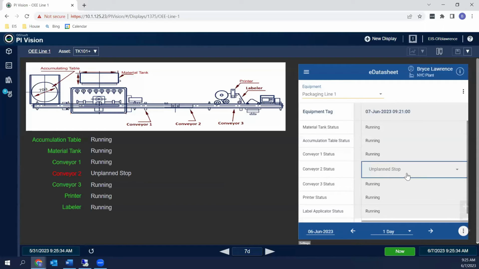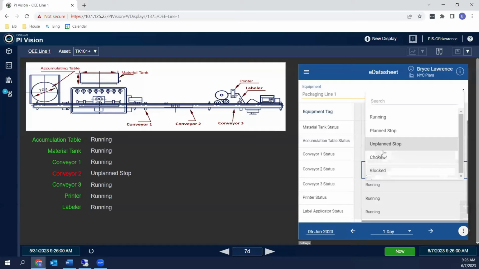You also have the ability to allow users to make changes after data's been entered and saved out to PI. This is done on a form by form basis, so you can determine if you want that to happen or not. And as part of this, eDatasheet does have a full audit trail on the back end. So if I do actually make a change here,